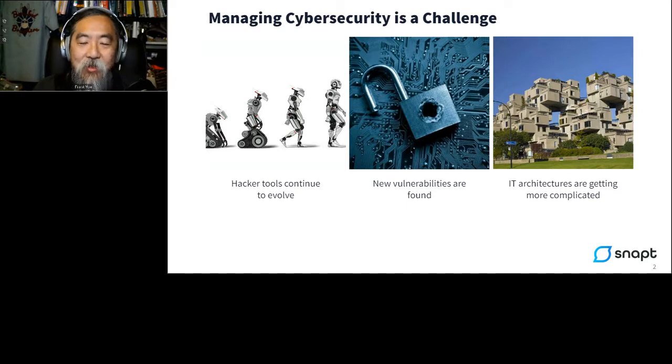But no matter how well you design that lock or vault or combination or safe or whatever it is protecting your data in your system, somebody is going to find a way around it. So you can protect as much as you want, a new vulnerability can be found. So now I have to add a new layer of protection, a new rule, a new policy to protect against that vulnerability. We've seen that in the past week with this most recent one that we've discovered that we'll talk about. And the third point here is